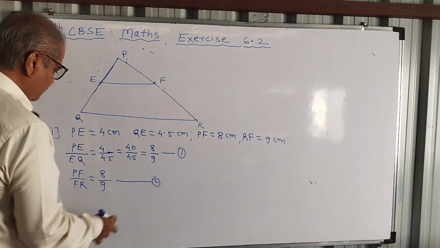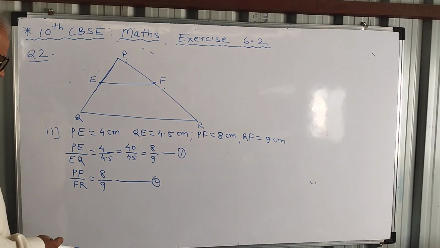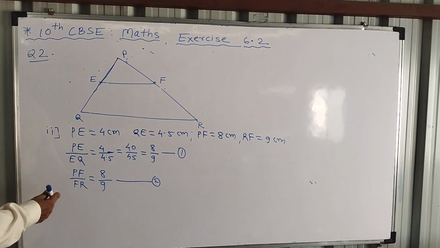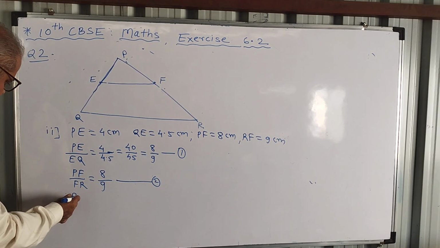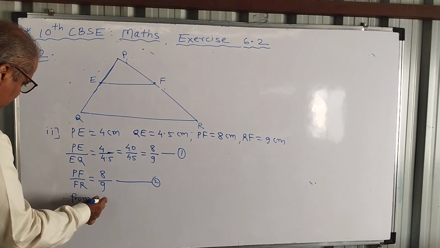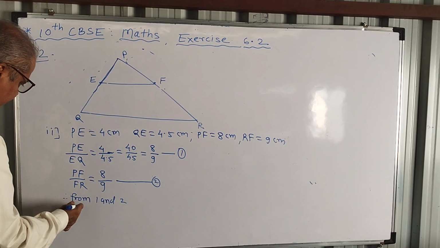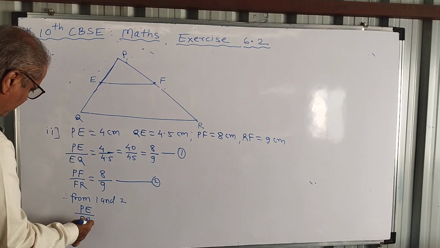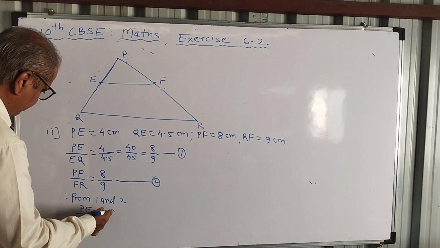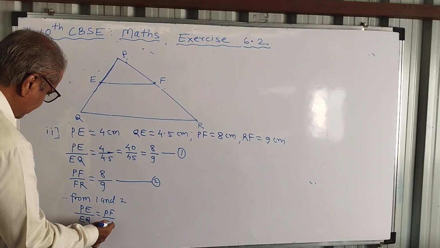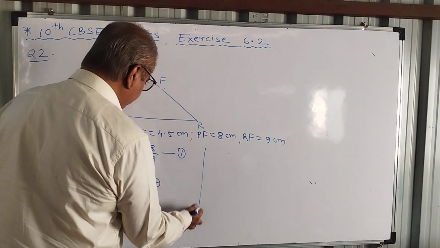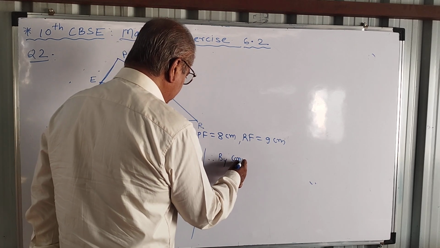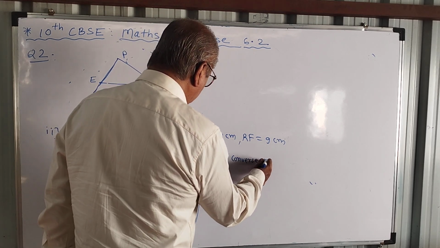Statement number 2. Now look at statement number 1 and 2. 8 upon 9, 8 upon 9. The ratios are same. So therefore from 1 and 2, I can write PE upon EQ is equal to PF upon FR. Final sentence, therefore by converse of BPT,